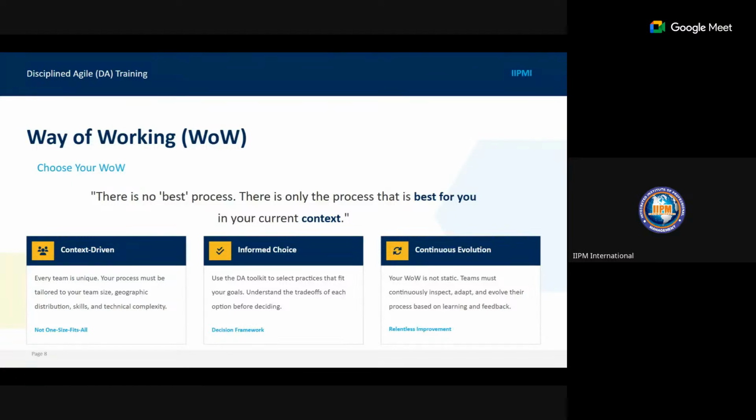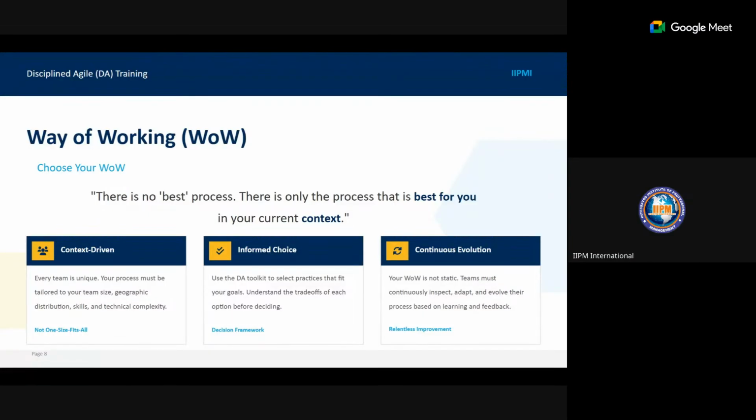Now, let's quickly look at the concept of choosing your way of working. One of the things that Agile believes in is that you need to be awesome in what you do. In another word, you need to be excellent. So excellence is non-negotiable when it comes to Agile. And we already understand that mindset is the determining factor of how we work, because it is our mindset that determines our thought patterns. And in Agile, its own mindset is the mindset of being excellent in the thing you do. So choosing your way of work, there is no best process.